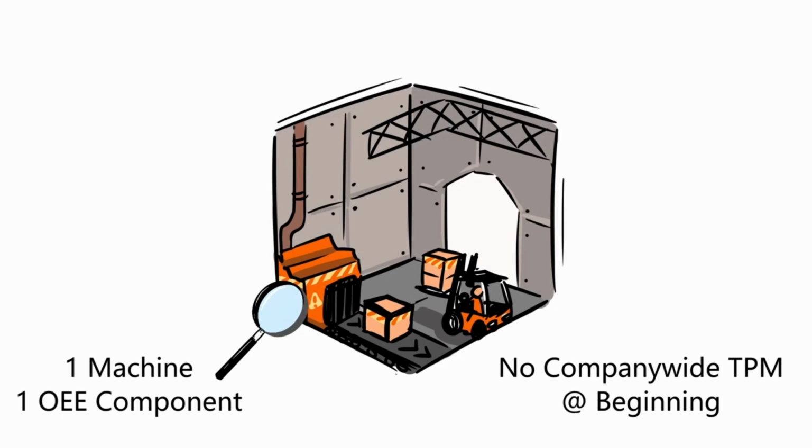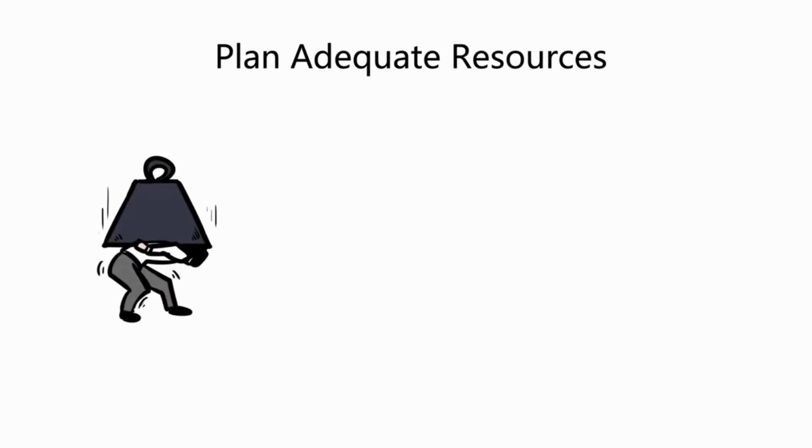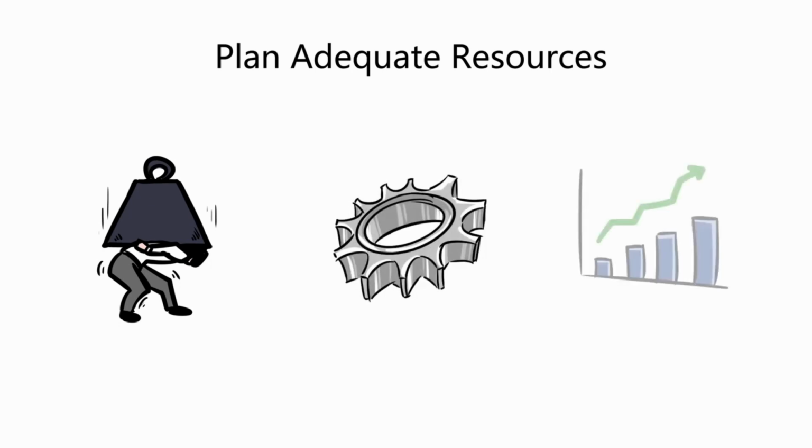factor spread to the others, and then to other machines. Tip number 3. Plan adequate resources for maintenance. If you don't plan adequate resources in terms of people and spare parts, the first results you will get on the first machine